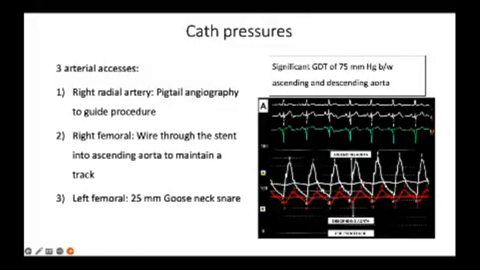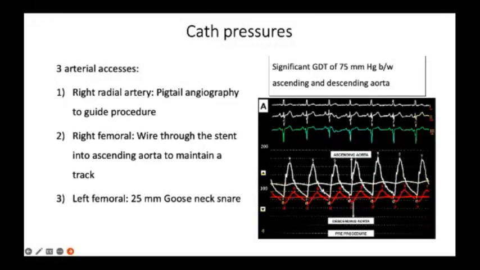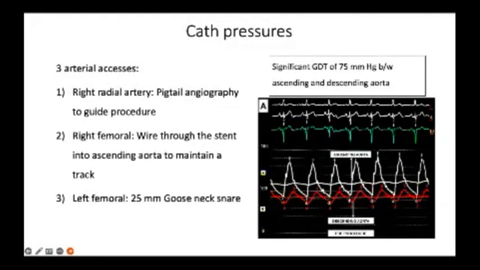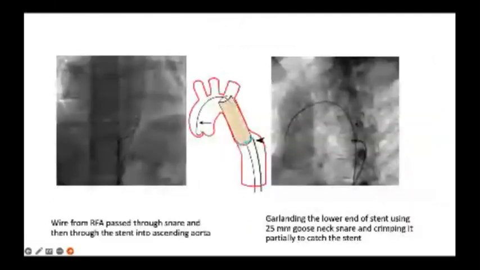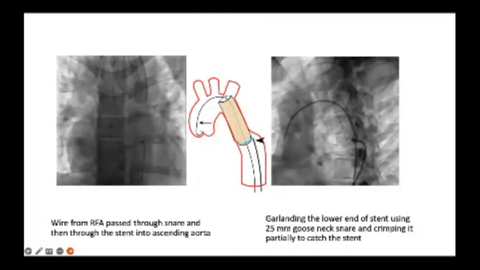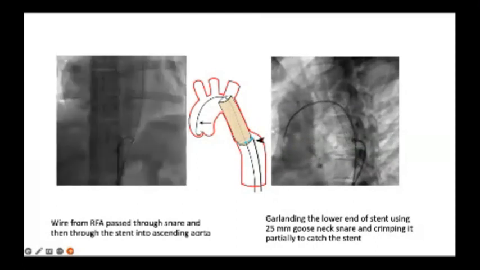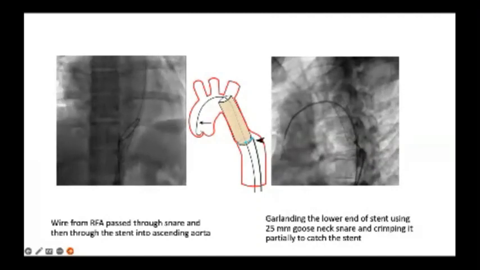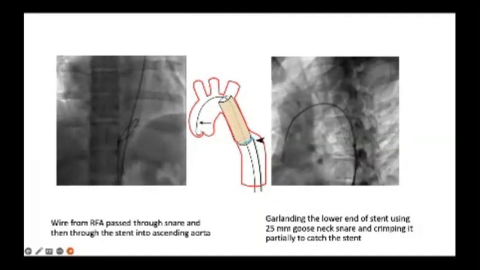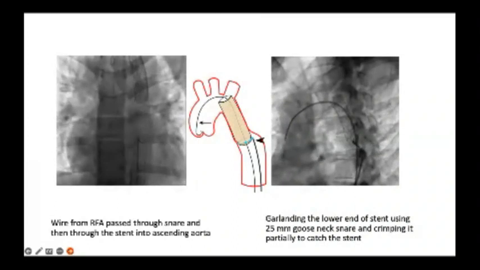And through the left femoral artery, 25 mm gooseneck snare was advanced, and through the right femoral artery, end-hole catheter with the guide wire was advanced through the loop of the gooseneck snare. Subsequently, it was advanced through the lumen of the covered stent, and it was parked in the ascending aorta and the aortic root. And that catheter was exchanged with the low profile 12 mm Mustang balloon,